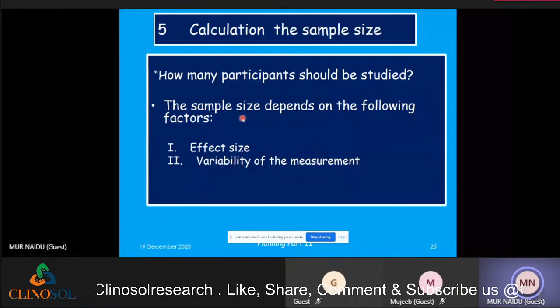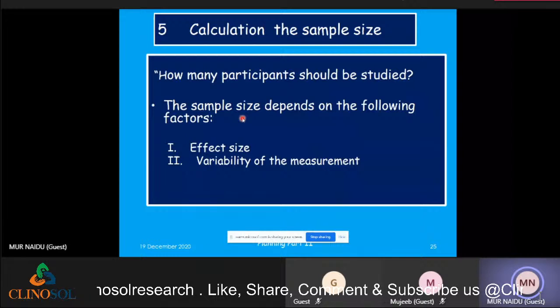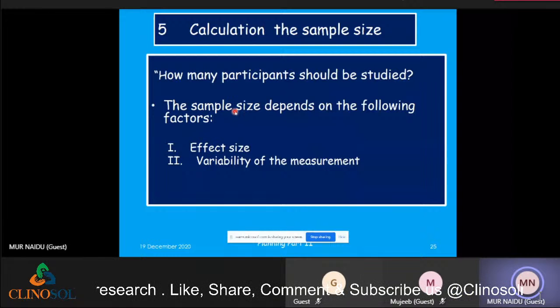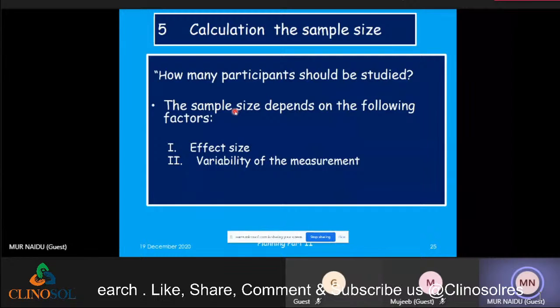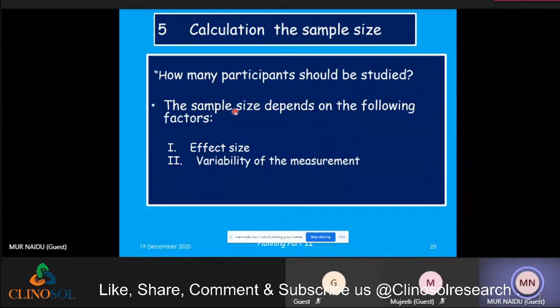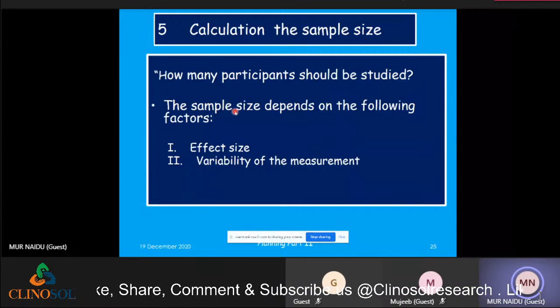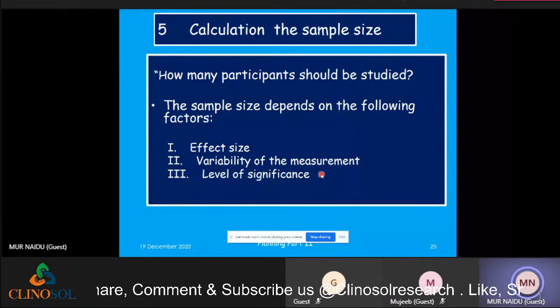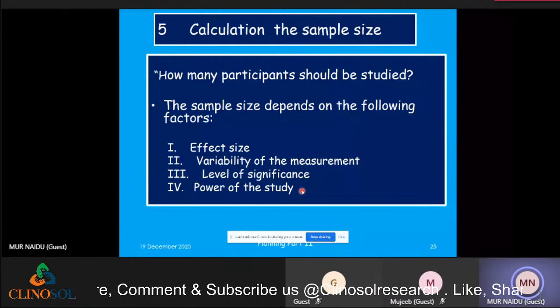Level of significance. This is very important. That is, how much percentage you give as significant. I will give the example in a later slide. Then power of the study. These two are very important for calculation of the sample size, and the biostatistician will be asking what significance you want and what power you want. For example,